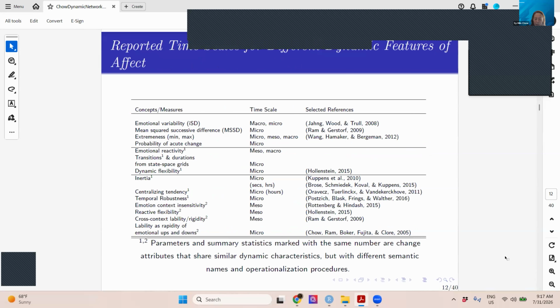Despite all these interesting findings showing that dynamic network type models and their properties, including inertia, govern how someone self-regulates their emotion, each distinct type of emotion, and also how different emotions may be coupled to each other, one confound is that in the literature, the studies are sometimes designed with very different data collection time intervals. Right. Sometimes the successive occasions may be seconds apart, sometimes hours apart, sometimes months or weeks or days apart.